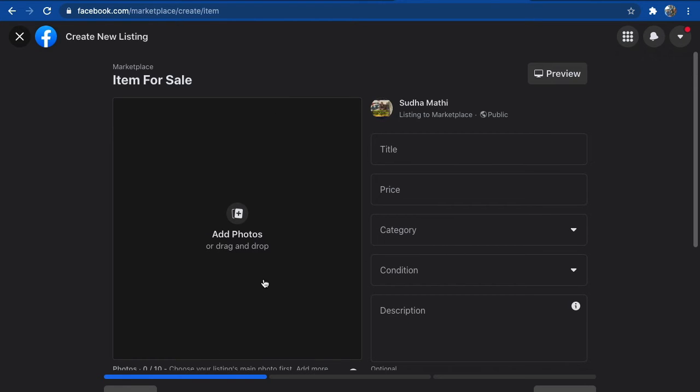For selling an item, you definitely need to add photos. Before posting anything in the marketplace, keep the photos ready so that you can add them using a computer, or it's easy to do using your mobile phone itself. I am just going to add some photos.